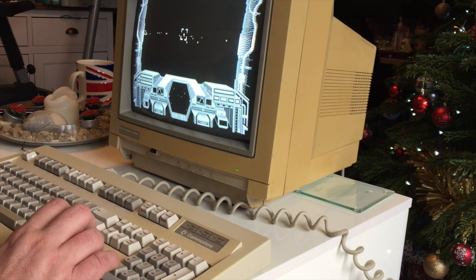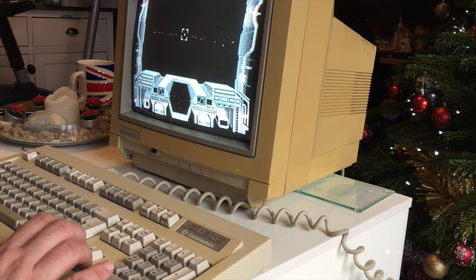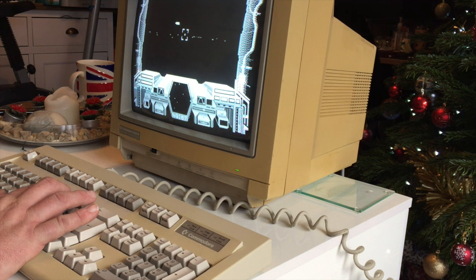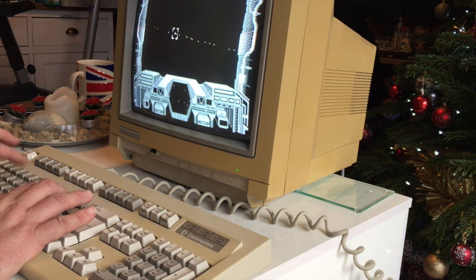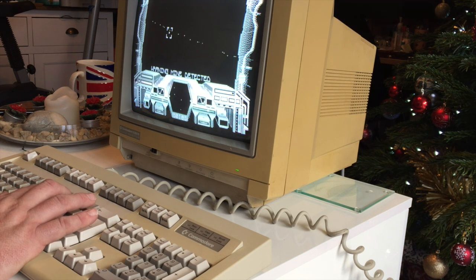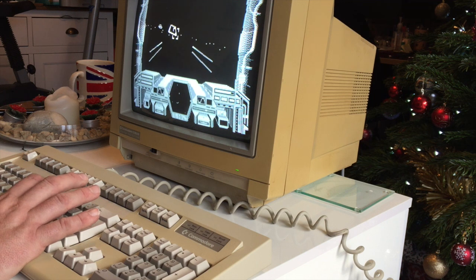You now have manual control. Perhaps I should have read the instructions. There we go. To be honest, it's mine detected. To say this is run at 10 megahertz,